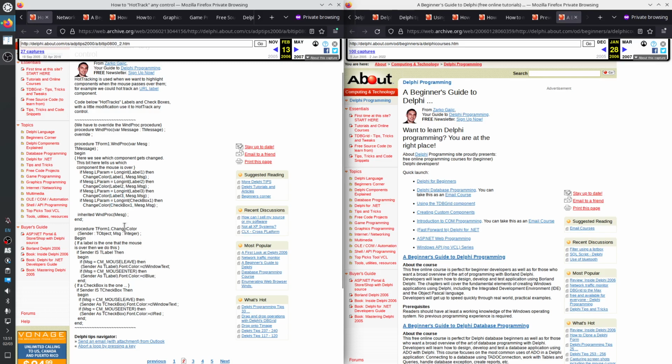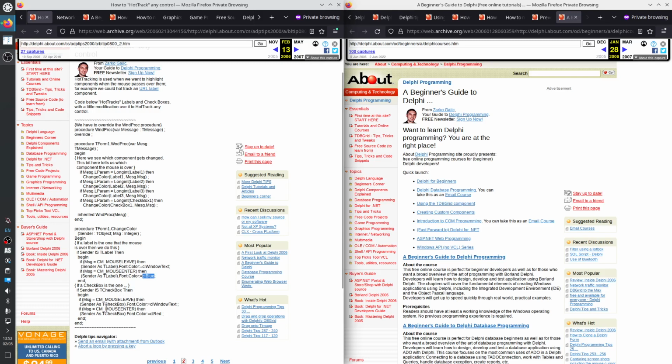And the change color, if it's a label, then it casts the Sender as TLabel, which is the object, and then it goes .Font.Color on mouse leave, and on mouse enter it makes it blue.